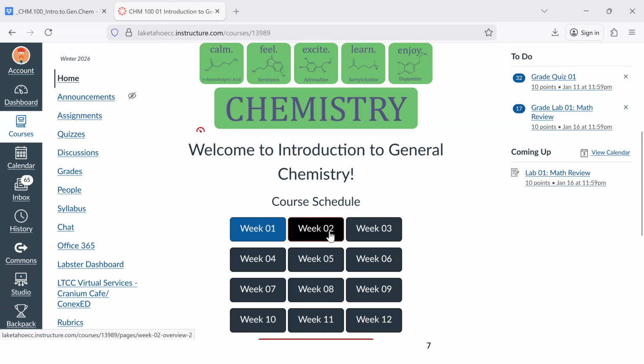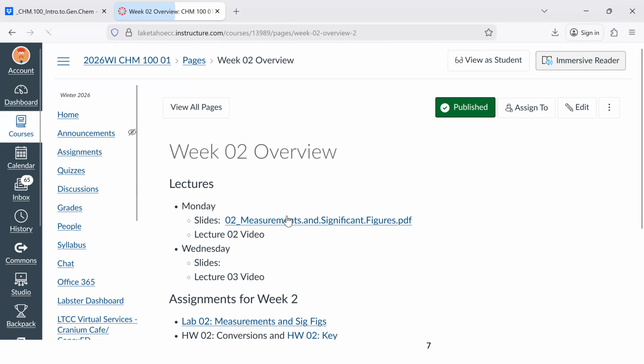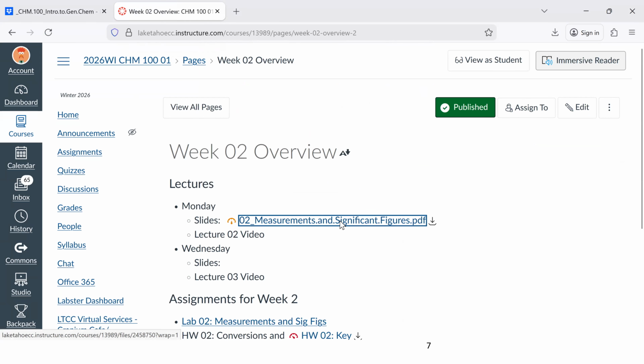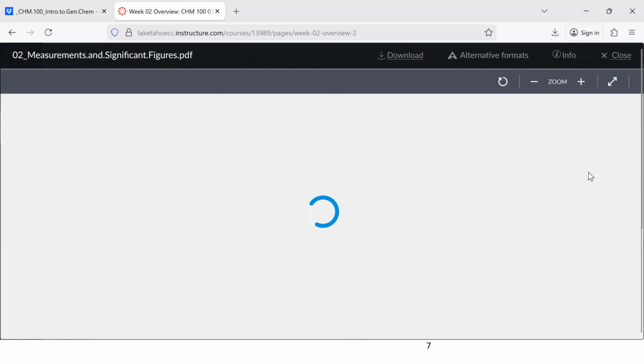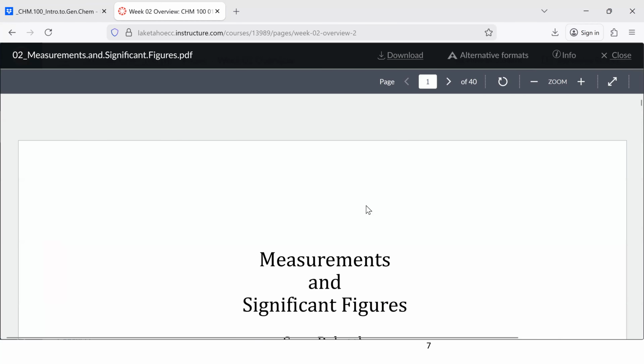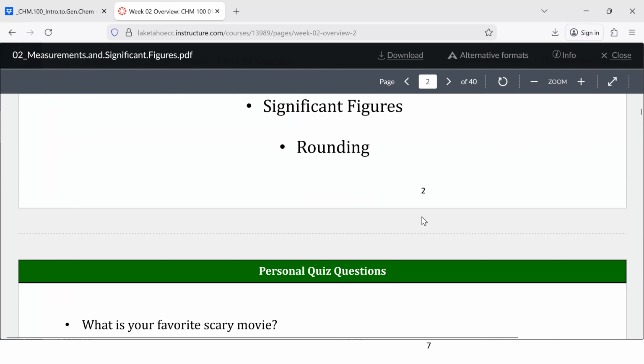Just one thing I also point out is I always upload the slides as a PDF before class. It might only be a few minutes before class. But a lot of people find it easier to take notes if you go to the library and get them printed beforehand, or if you just have your laptop open, so you're not frantically copying everything down. That's already on the slides, if you just go to week 2. So here's the PDF of the slides, you can save it. You can print it out, take notes directly on the slides. But then it's just all the same